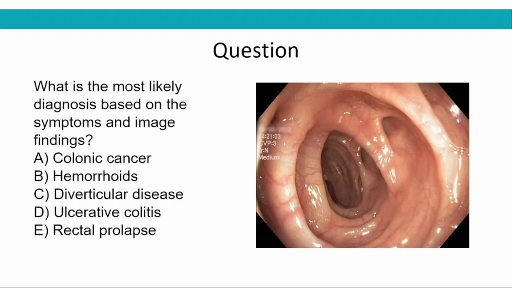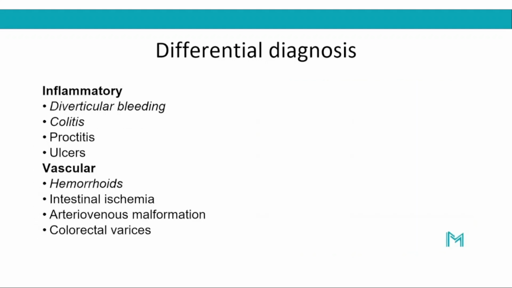So let's quickly review the differential diagnosis of bleeding PR or lower GI bleeding, and we'll come back to analyze the colonoscopy image and try to see if we can answer that question. So differential diagnosis of bleeding PR, we can group them into those of inflammatory origins, and under that category you have diverticular disease, so bleeding from diverticular disease. You have colitis. Under colitis, you can have inflammatory bowel disease, so ulcerative colitis, or